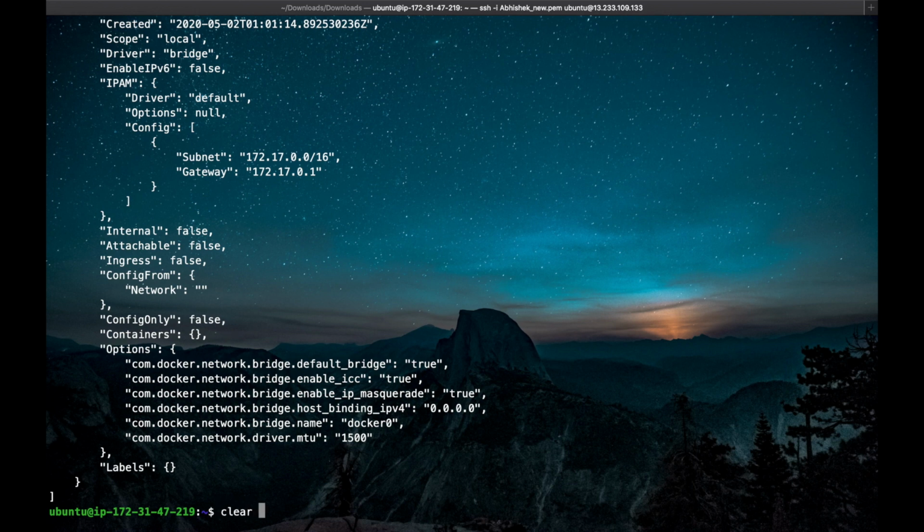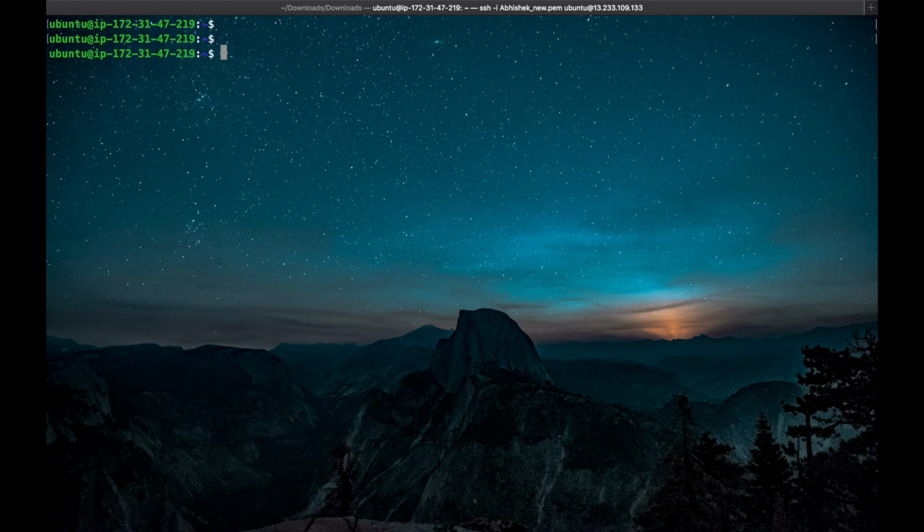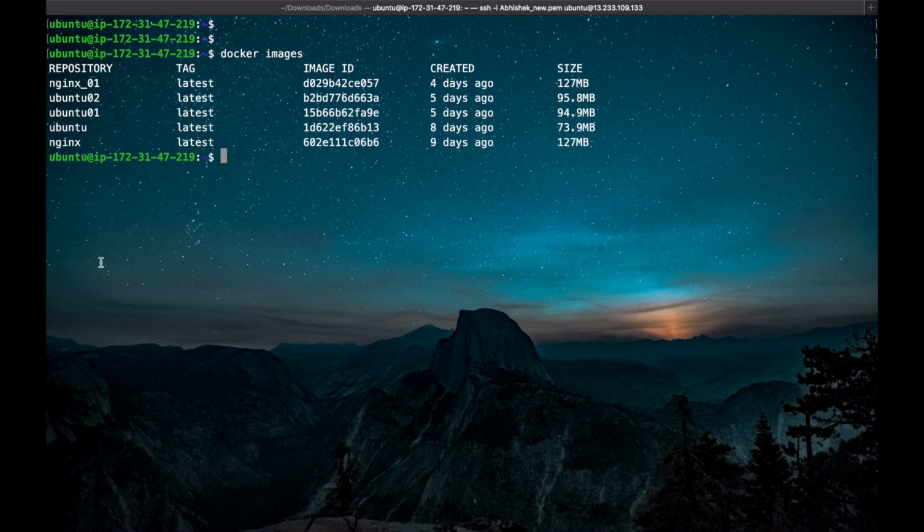Let's clear this and create a container. First, go for docker images. This command gives the list of images. Let's create a container of nginx. The command is docker run -d --name, and we provide a container name, nginx011, and then the image name, which is nginx.